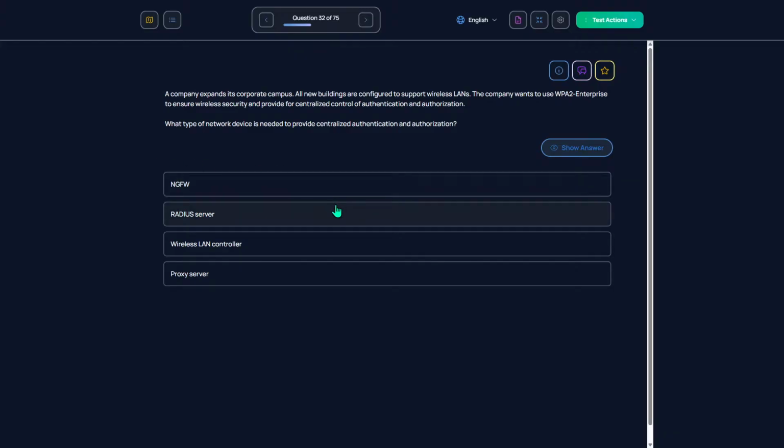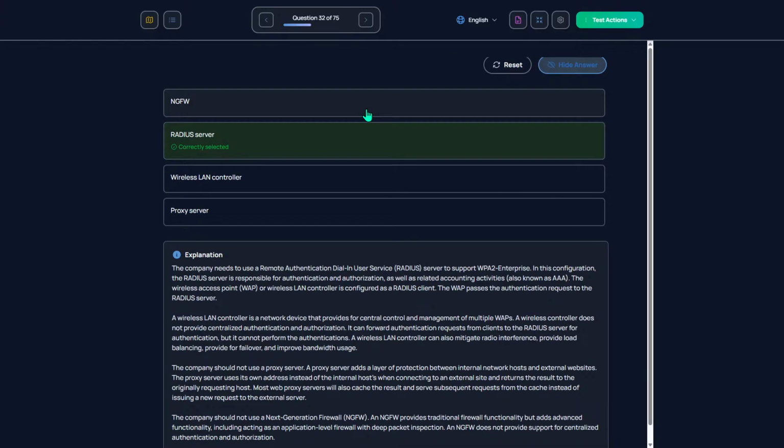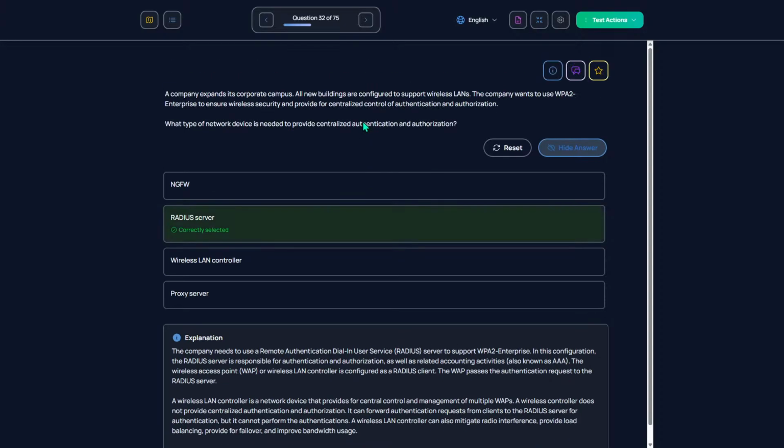RADIUS server? Yeah, okay. The company needs to use a Remote Authentication Dial-In User Service, RADIUS, server to support WPA2 Enterprise. In this configuration, the RADIUS server is responsible for authentication and authorization as well as related account activities.